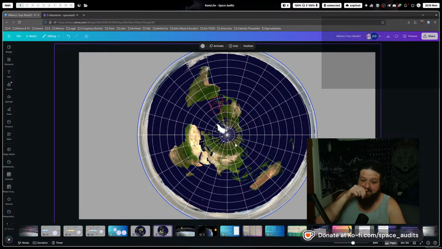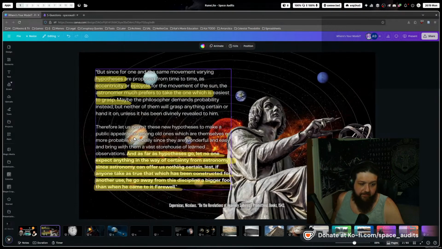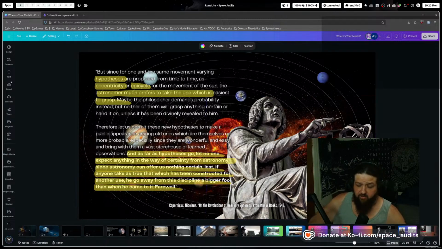So that's using, to quote Copernicus here, right? As far as the hypothesis goes in terms of circular orbits or elliptical, let no one expect anything in the way of certainty from astronomy, since astronomy can offer nothing certain, lest if anyone take as true which has been constructed for another use, he will go away from this discipline a bigger fool than when he came into it. Farewell. So if you're looking at positions of stars in the sky,